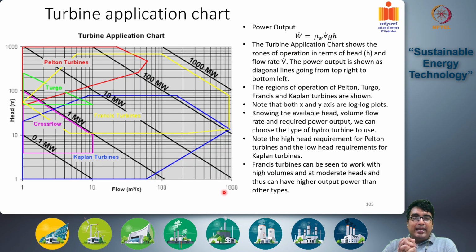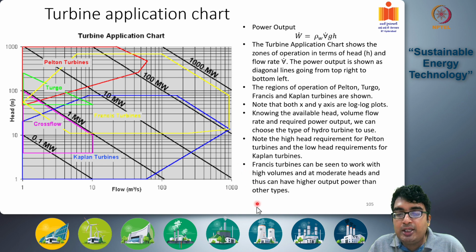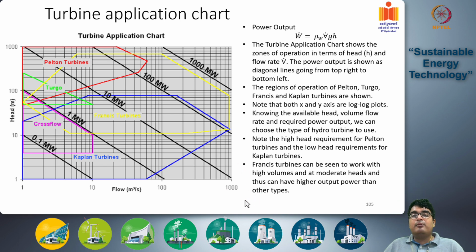Here what we are looking at is the turbine application chart. This is kind of the engineer's chart which can help an engineer to figure out which type of turbine one should choose given certain inputs. So you know the flow that is available to you in a river system, and you know the maximum head that is available to you from the reservoir to the downstream, right? Given these two, you can identify in this plot a certain point where your likely operation